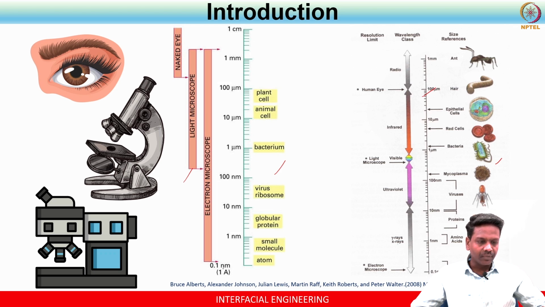Say, for example, for sizes less than 100 micrometer, let's say up to 10 micrometer, you can give the example of epithelial cells. They are slightly above 10 micrometer, so you cannot directly view them through the naked eye. Then you need some technology like light microscopy, which will be of use. You can resolve them under light microscopy. And the bacteria and red cells you can easily map.